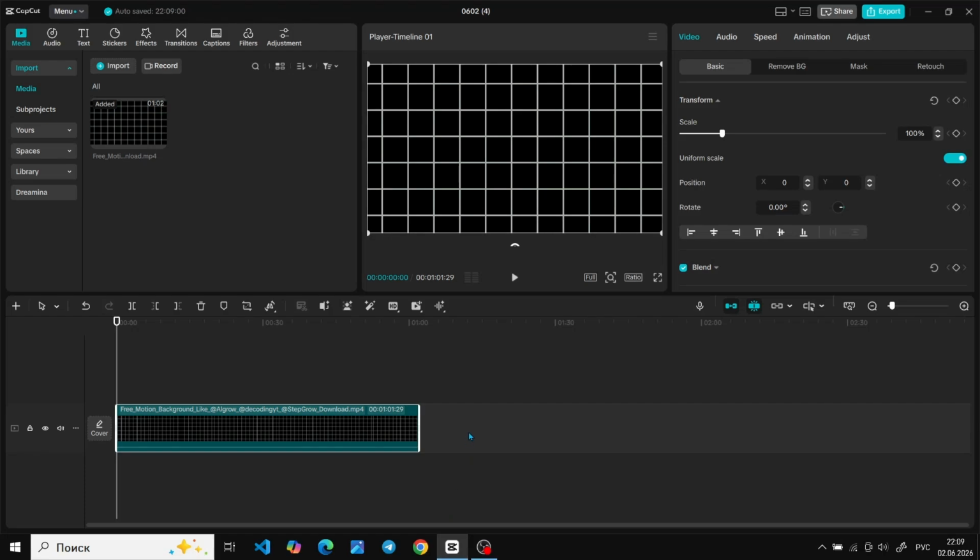Now, let me explain how to fix the media not found CapCut error on your PC. This issue often arises when files are moved or deleted, so follow these steps carefully to resolve it. First, you need to return the files to their original locations, as you can see here, to resolve the issue